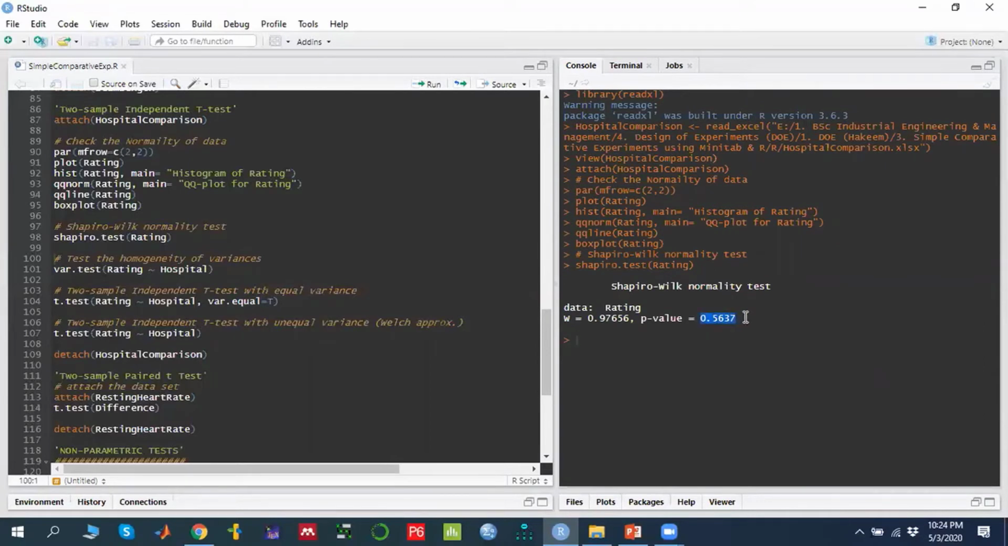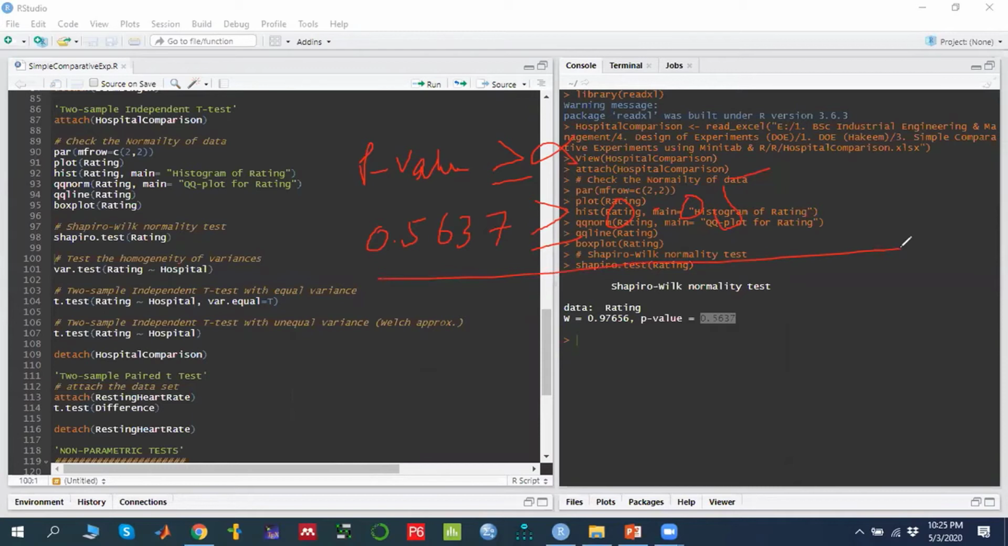When the p-value is greater than or equal to your pre-decided alpha value, and right now the p-value is 0.5637, whereas let's say we are considering 5% alpha, then the p-value is greater than or equal to the alpha value, so we will say accept H0. In any normality test, the H0 would be that we say data